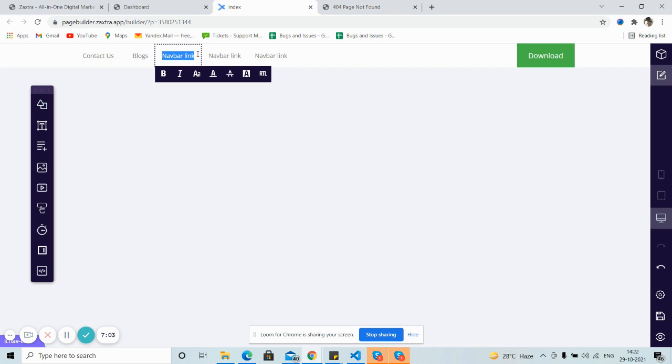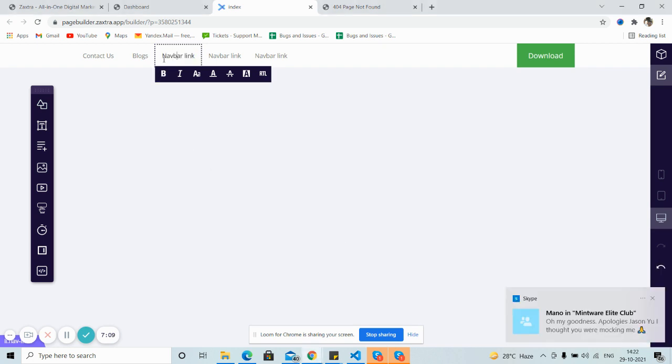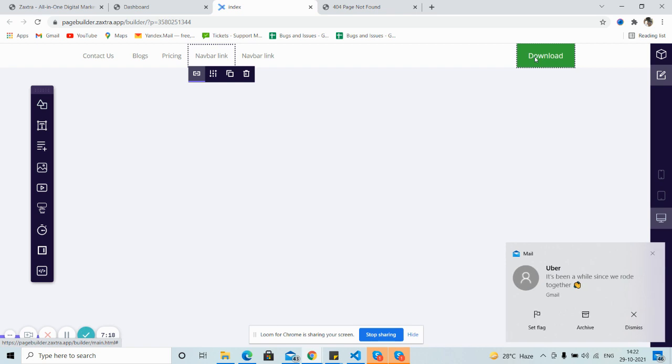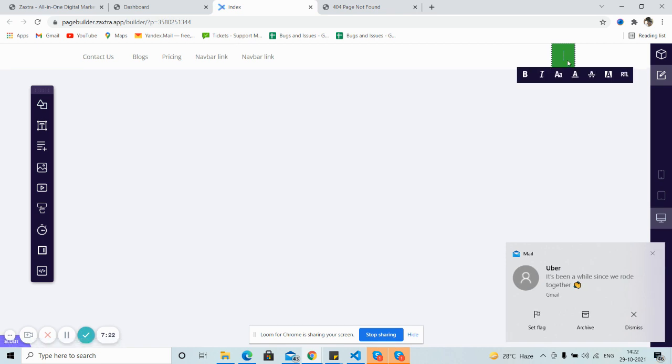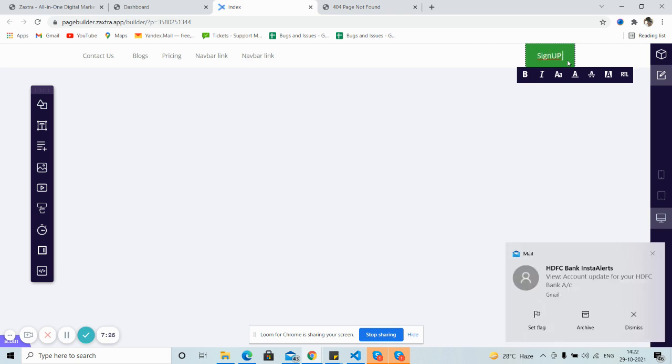Here I'm going to put pricing, like that. If you want to change the text of a button also, you just type the new text. Like I'll put it as sign up.